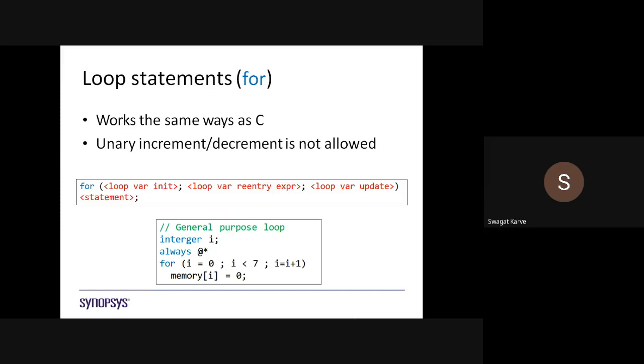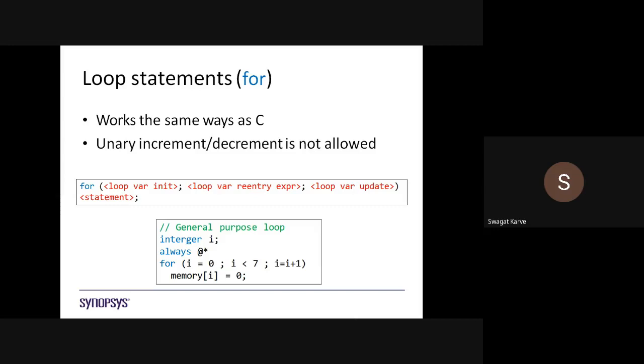You can see the example. We have initialized i = 0, then i < 7, and i = i + 1. Now the question is, how many times will this for loop get executed? 7 times, very right. It will start with the initial value 0, then 1, 2, 3, 4, 5, 6.